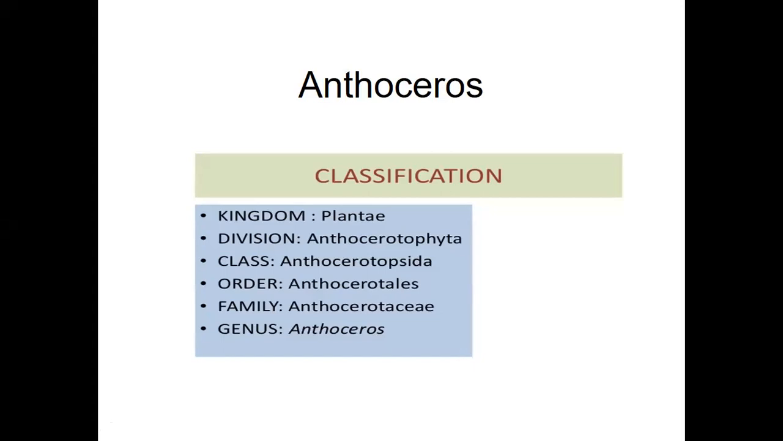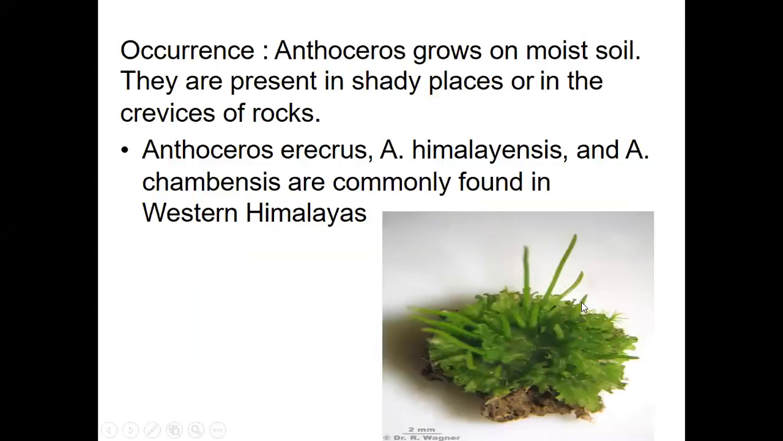So let's have a recap first of the vegetative thallus, that is the gametophyte of Anthoceros, and then we'll go to the reproduction point of view. We already discussed that Anthoceros is another genus belonging to the bryophytes. It also grows in moist soil and in shady places, and these are a few examples